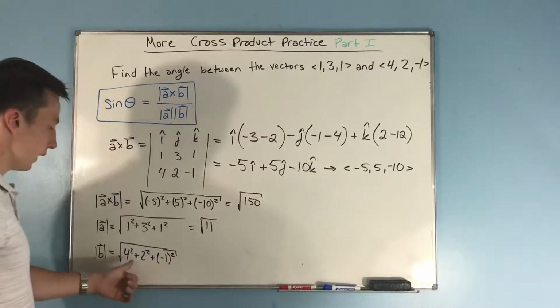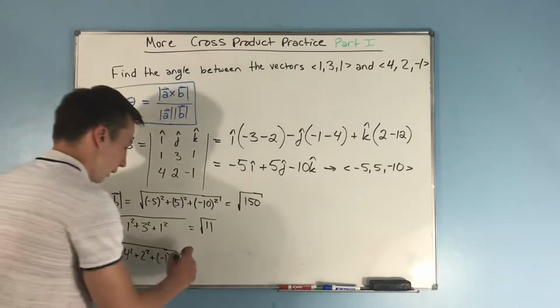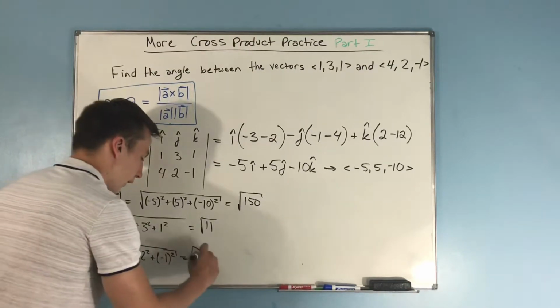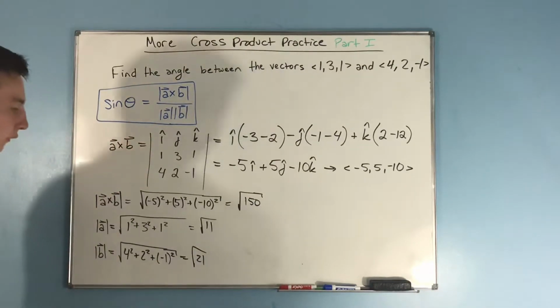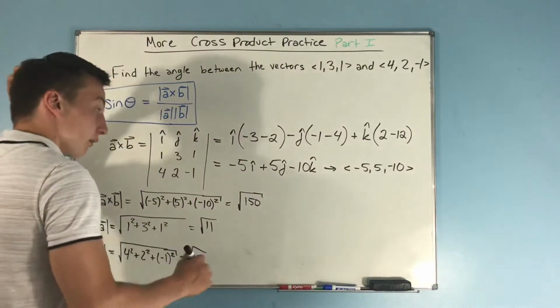So we get 16 plus 4, that's going to be 20, plus you get a 1 here, so that's going to be rad 21. All right, so now we can set this up. We have that sine theta